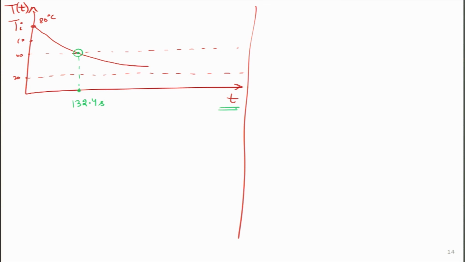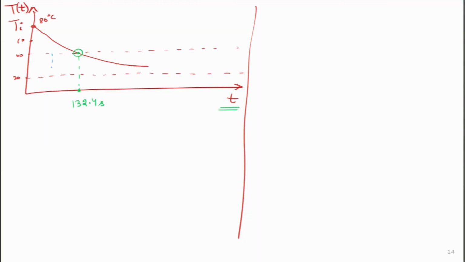Now, let us say another person comes and asks, why can't we reduce this time by half? Can we do that? Let us say 132 and we want to take half, it is about 66 seconds over here. I want to see how quickly it will reach over here. So, 66 seconds. Then I will draw another curve, because everything has to go as exponential decay. So, qualitatively I figured out that I have gone from case 1 over here to case 2.